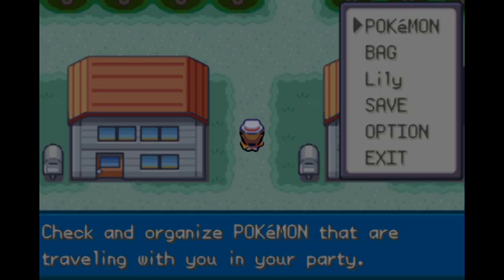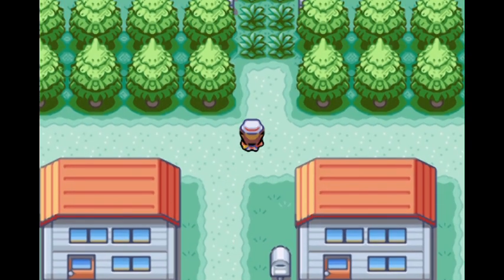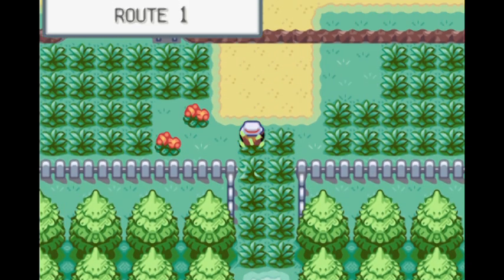So, Zippo gets fully healed, and now let's just take a quick look at his nature. He's relaxed. I don't know what that actually does to his stats. I'm sure it raises something and lowers something, but it might raise and lower the same thing, so...